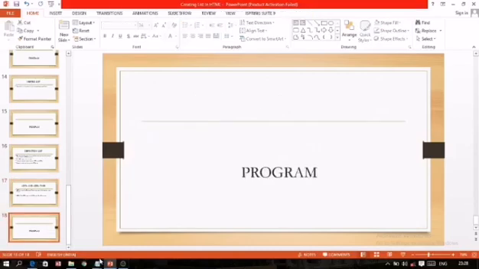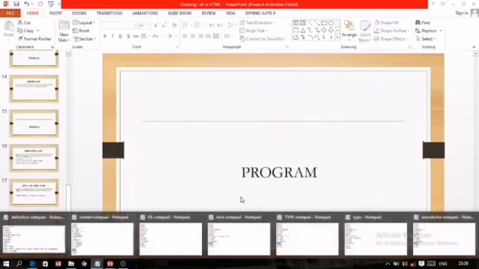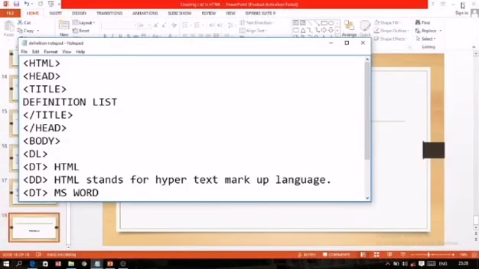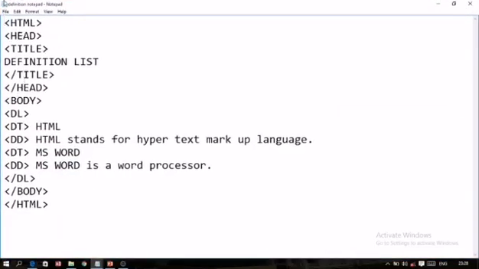After this, now I will explain a program based on this, that is the definition list. So this is our HTML head title, whatever title you want to give, then the on tag of body. Now DL, I want to define HTML. So DT, the definition term, means I want to define HTML. Here I have written it short, and here only the full form. Now that definition has to be given by using DD. HTML stands for hypertext markup language.